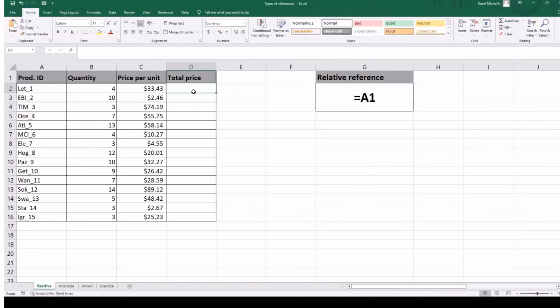In our data, we have the first calculation that we want to perform. We want to calculate the total price. We are given the quantity and price per unit. We will use the relative type of reference due to the fact that our calculation should follow our formula. So let's multiply the quantity by price per unit and let's drag it to the bottom using this double click